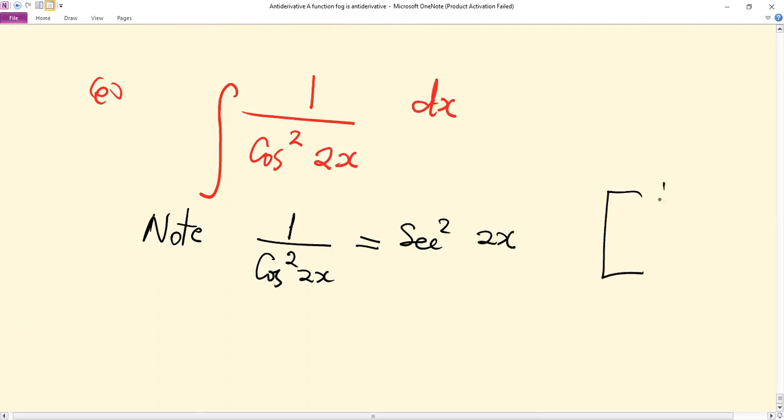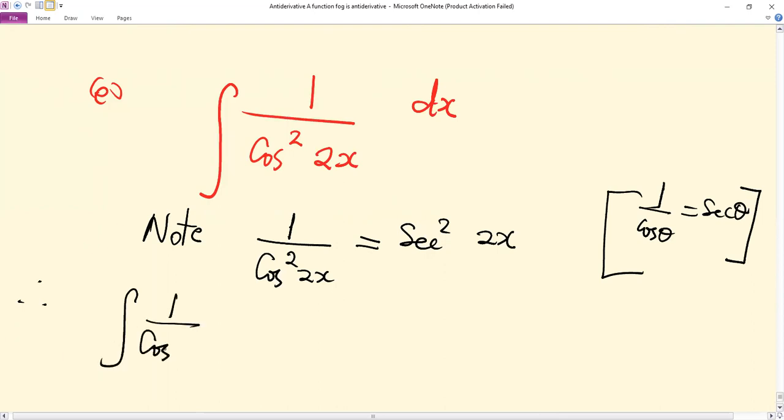Remember that 1 over cos theta is the same as sec theta. So therefore, the integral of 1 over cos squared 2x dx is nothing but the integral of sec squared 2x dx,